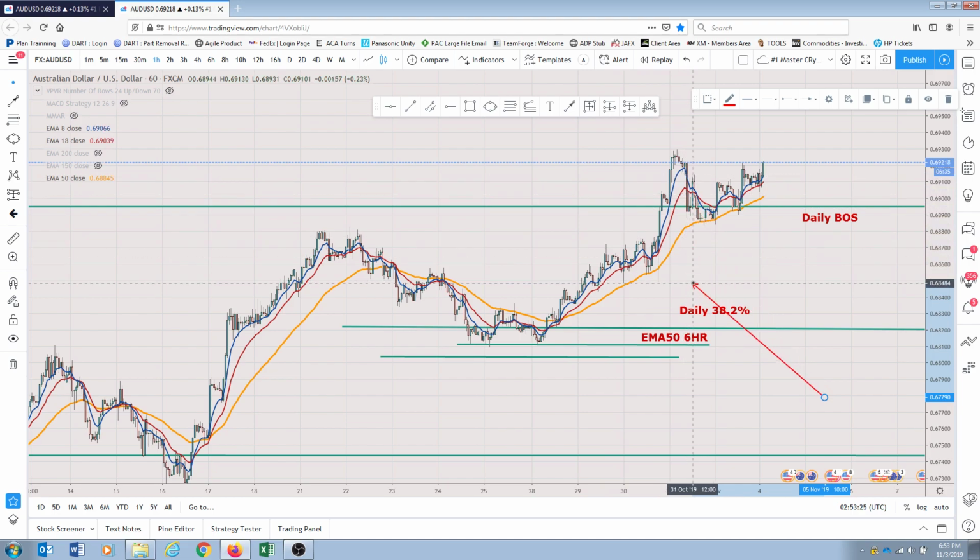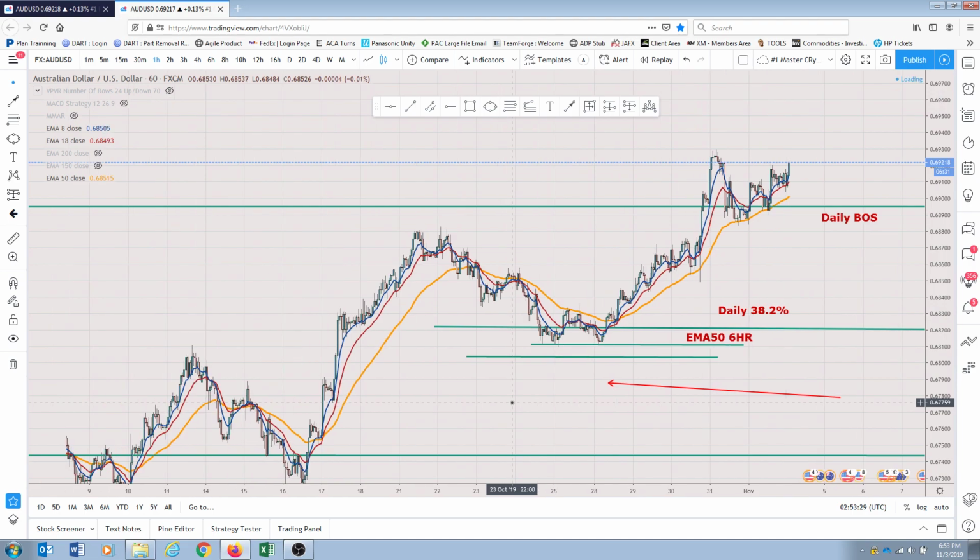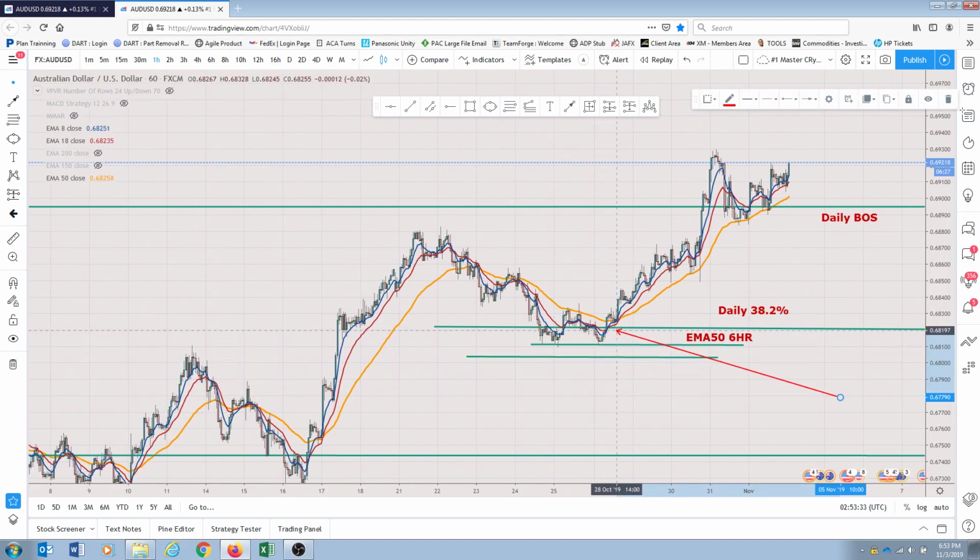And that's how you use the lower time frame. Once you're in a trade, or you're just about to enter a trade, you can use the lower time frame to make sure that we're not in a retracement. You don't want any sort of retracement when you're trying to place a buy, right? So that's why, with the lower time frame, you want to make sure that